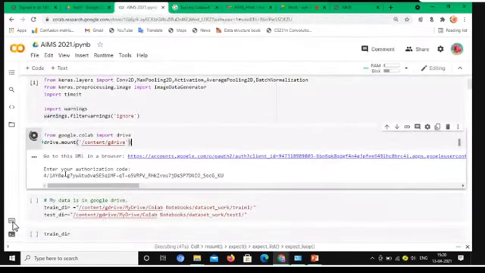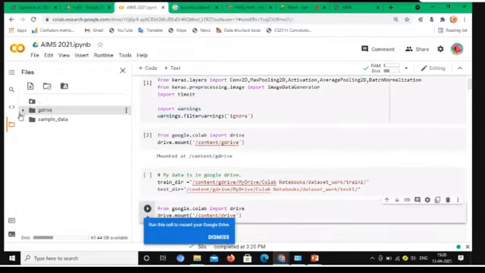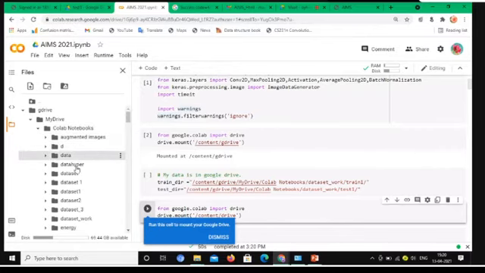Okay. So next, we take the training and testing directory. Here I will give train_directory equal to content, then it will be taken from drive, My Drive, Colab Notebooks, and dataset.